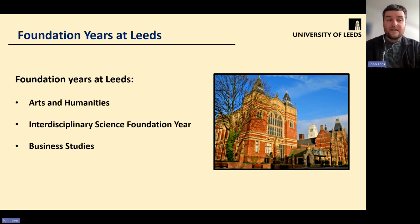When we say mature learners at the university, we essentially mean anybody who's 21 and above, people who haven't had the opportunity to get the qualifications they need to go on to study at university. If you do want to find out anything about that program or the courses it progresses onto, I would really